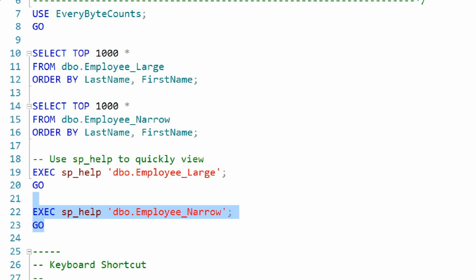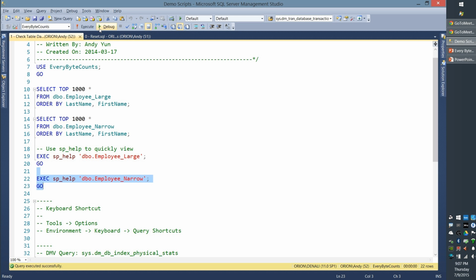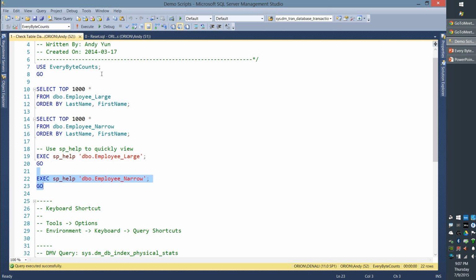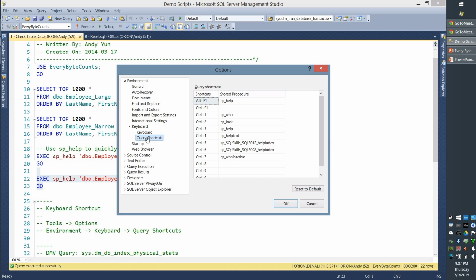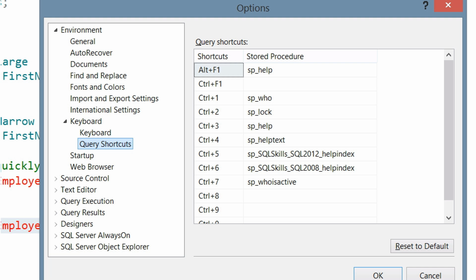So here's the thing. Typing exec SP-help for your given table is really kind of cumbersome, and it doesn't make for using it on a regular basis very easy. However, Management Studio, using keyboard shortcuts, allows you to do this much, much easier. In fact, I do this almost every single day. So to do that, you go to Tools, Options, Environment, Keyboard, and Query Shortcuts. And within the query shortcuts, Alt F1 is the default for SP-help. Control 1 and Control 2 are also defined by default within Management Studio. And then I personally like using the Control keys, so I've remapped Control 3 through Control 7 to some of my favorite